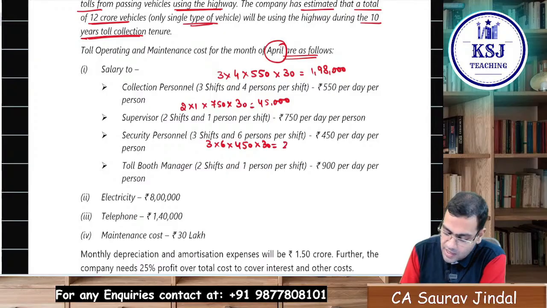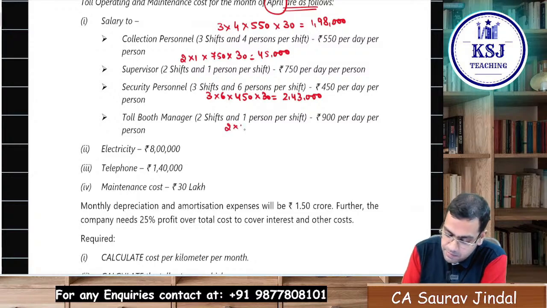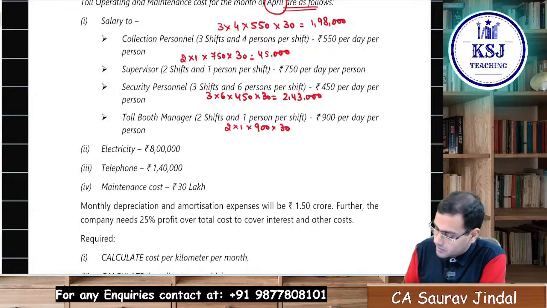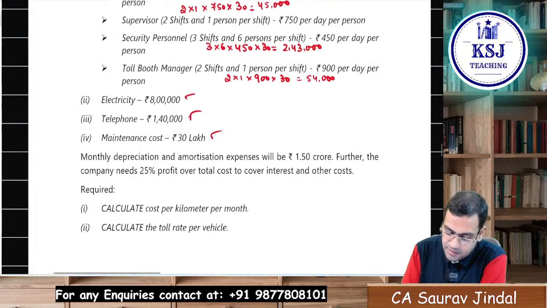That is 2,43,000. Right? Then we have the toll booth manager, 2 shifts, 1 person per shift, 900 per day per person. That is 54,000. Electricity is there, telephone is there, maintenance cost is there, monthly depreciation and amortization expenses will be